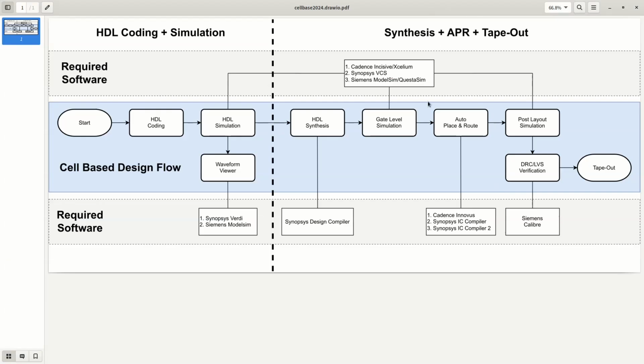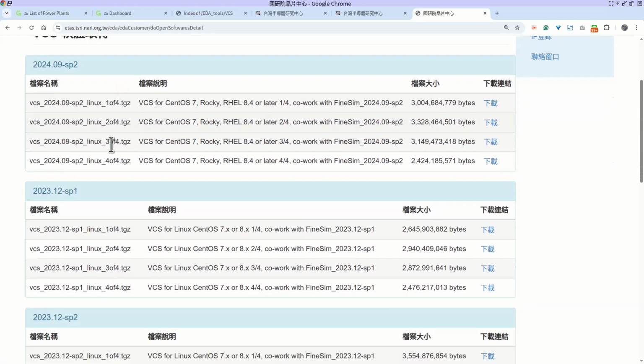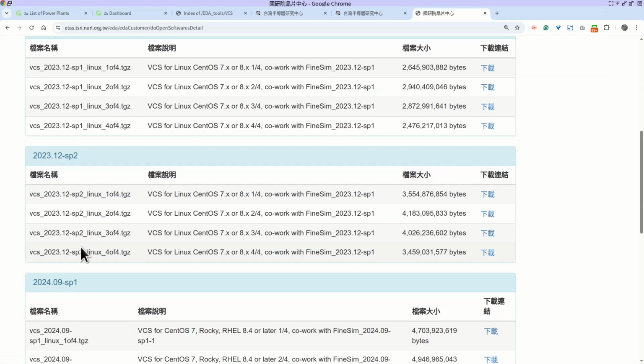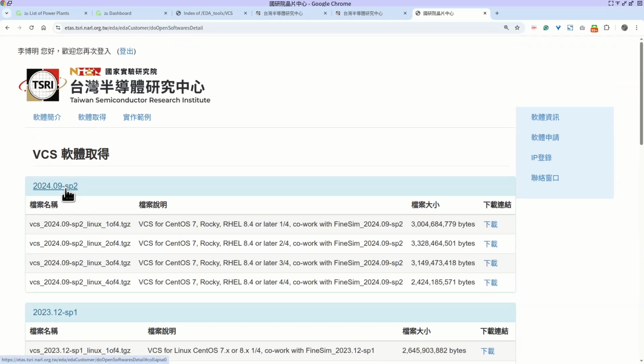Okay, today we are going to install cell-based flow software. The first software we want to install is Synopsys VCS. If you go to the TSI website, you will see that they provide the VCS 2023.12-SP1, 2023 and 2024, that is 09 SP1 and 09 SP2. So basically this is the newest version provided by TSI, and we download all of these files to our hard